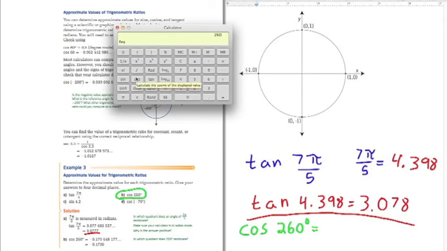But before we do that, let's think about that. Here, this is 180 degrees. This is 270 degrees, which means that this is going to be down here somewhere. Okay? So this is both a negative x and a negative y, so without even having to go back to check whether cos is x or y, I should expect a negative value to pop up here. So I should see a negative value showing up on my calculator. Let's see if my calculator knows how to calculate this correctly. So I'm just going to hit cos, and I get negative